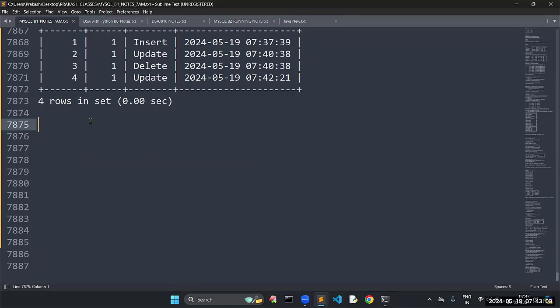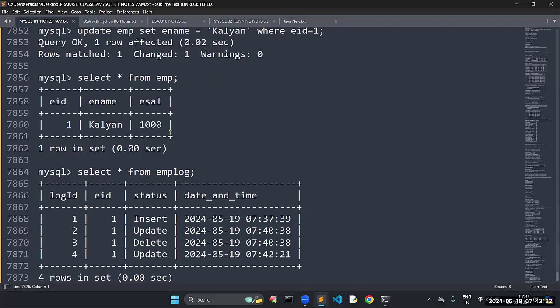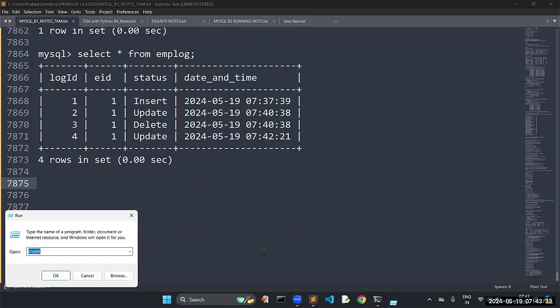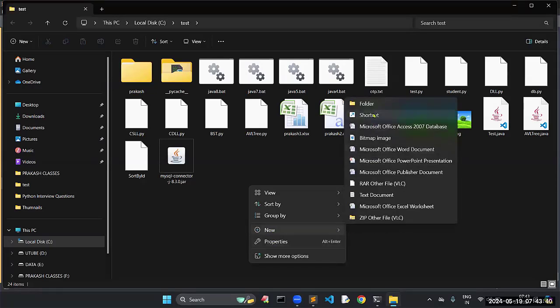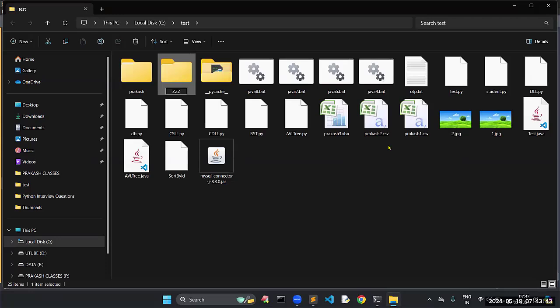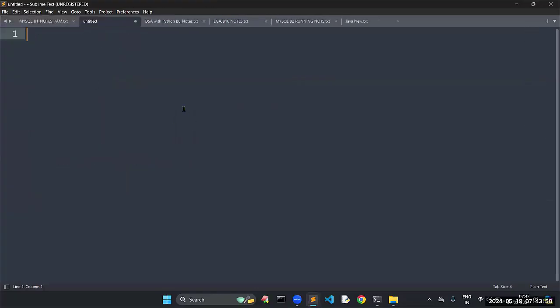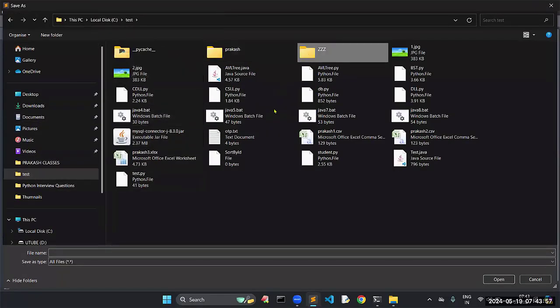Now I think all the structure we have is ready with us. Now, what is your task? We have to write a Python program to interact with this. Okay. So let me create a Python program to perform all these operations. Here I'm going to create a new folder. In C:\test, we have multiple folders here. Let me create a folder with our project title itself, like a triple Z. In this folder, I'm going to create some Python files. First I'm going to create a Python file. The name of the Python file which I'm giving here is